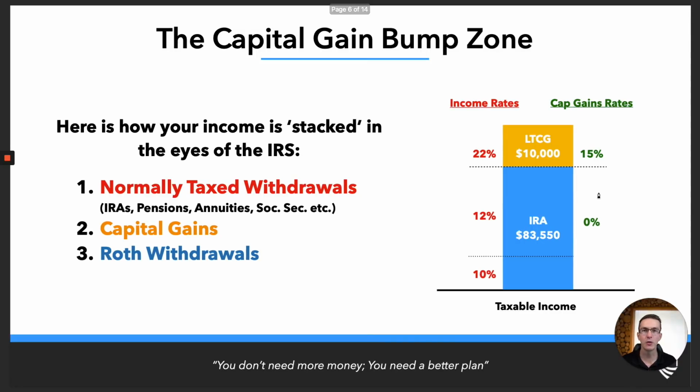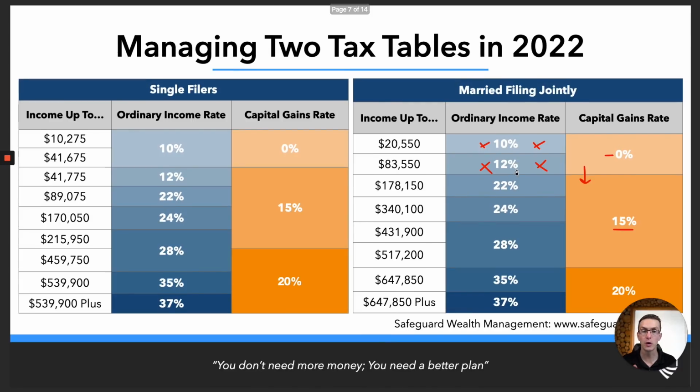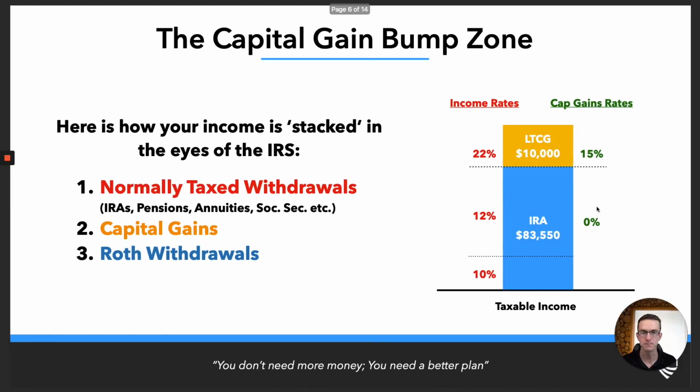We can see this on the right-hand side of the screen here. So we're looking at taxable income, so income after the standard deduction. And let's say you have taxable income coming from your IRAs of $83,550. Well, this is filling this 0 and 12% zone and thus pushing your long-term capital gains up into this 15% zone. And so we see here that instead of your long-term capital gains being taxed at 0%, they're being taxed